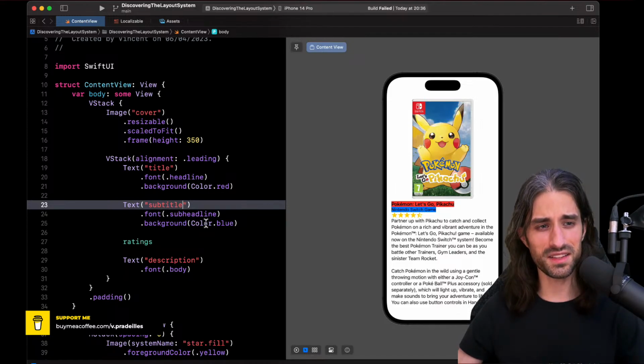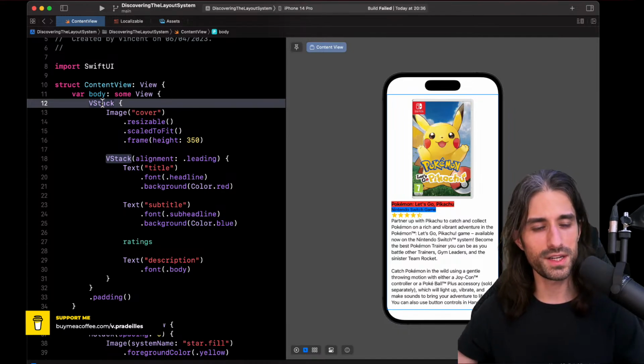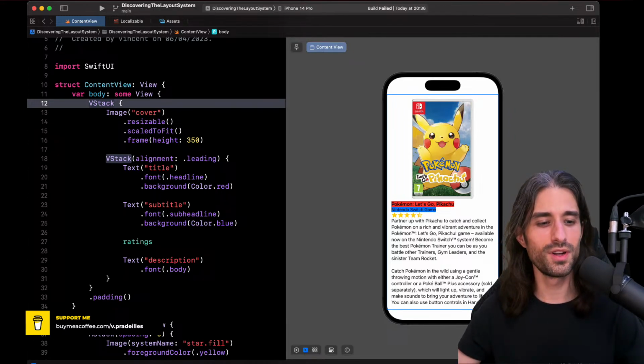But just like last time, this is one of the moments where if you're watching the replay, I suggest that you pause the replay and you actually try to put this VStack into a scroll view by yourself, because normally if you've been following, you have all the information you need to do it by yourself. So give it a try, and if after a few minutes you haven't found the solution, then relaunch the video, and I will give you the solution. If you're watching live, I'm going to immediately show you how you can do it.